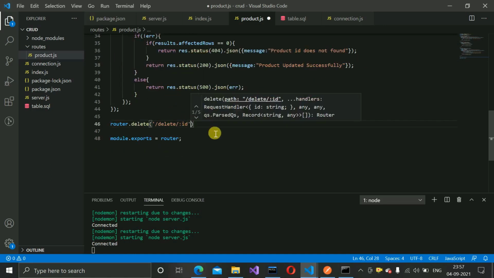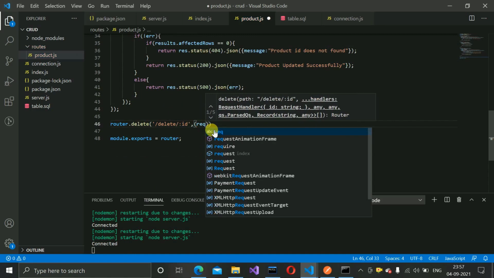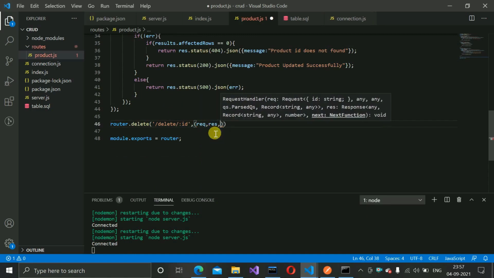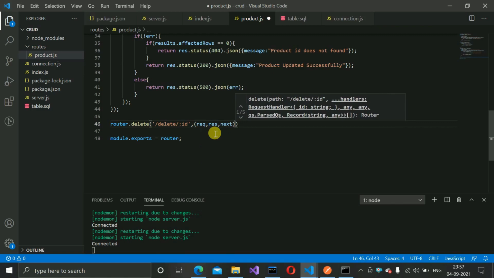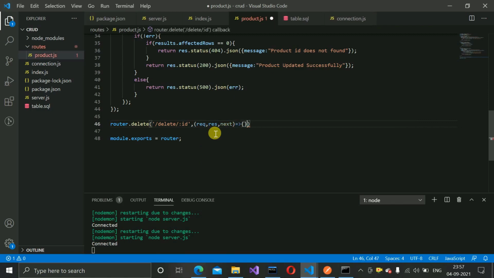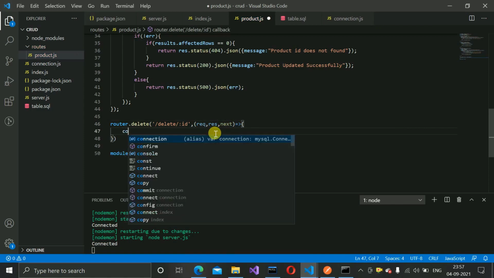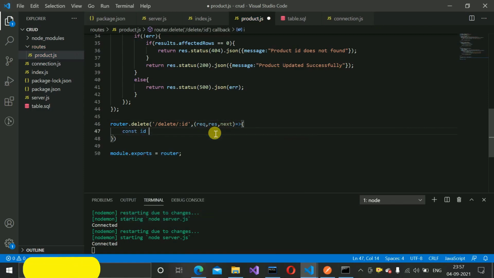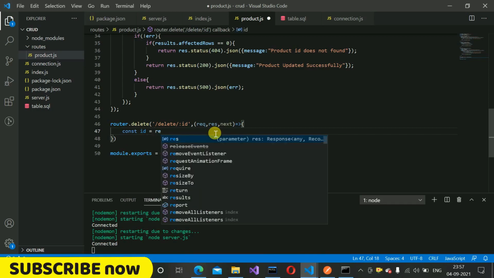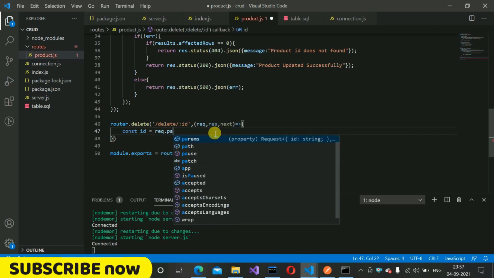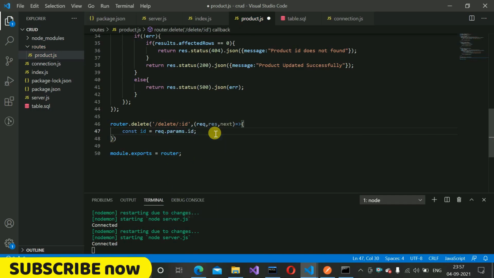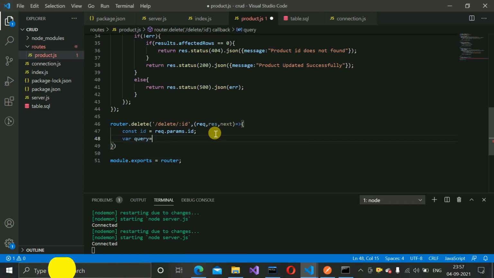So I'm just writing our ID, and here we have to write request, response, next, and here we have to write an arrow function. Then const ID equals request.params.ID, and after that we have to write the query. It should be a string actually. So delete from product